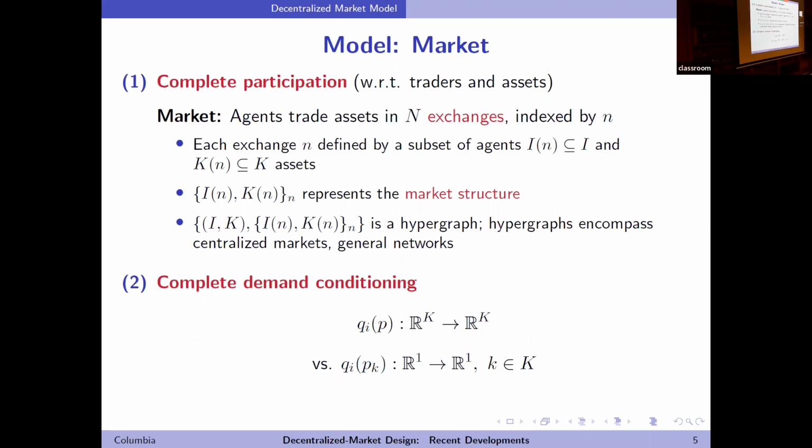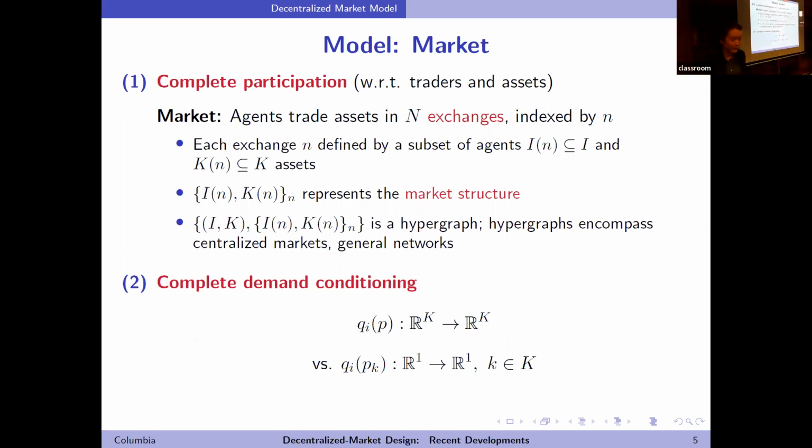I have a clarification question actually. Did you say that you have a control? It's quite clear what you mean by centralized market. It's conditioned on the prices of all assets. In the decentralized market, I'm going to make an assumption about this. So QIPK is the model for decentralization that we're going to talk about today.